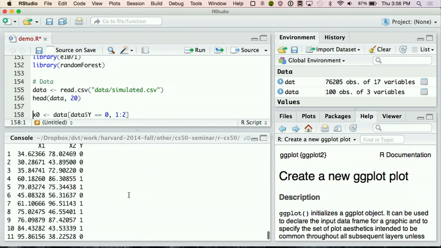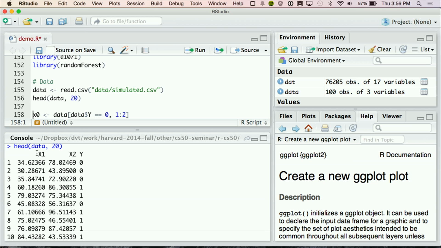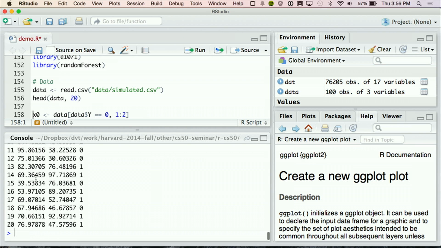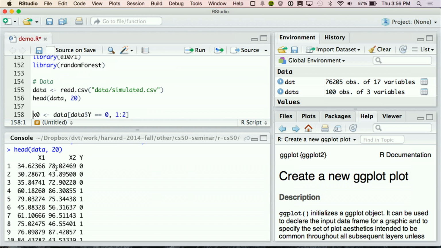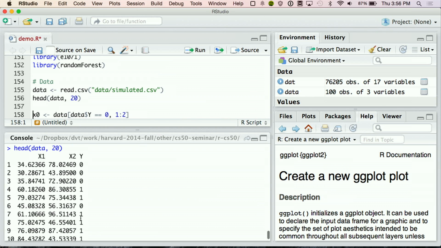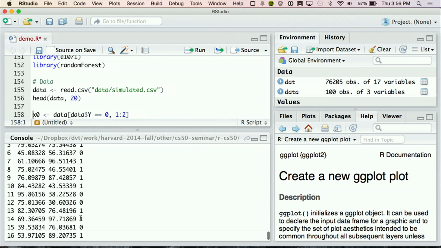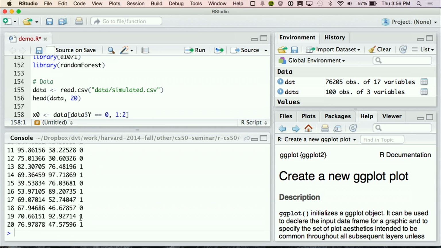So the first 20 observations. I just have x1, x2, and y. It seems like a bunch of these values range from maybe 20 to 80 or so, and similarly for x2, and then y seems to be labels 0 and 1. To verify this, I can just do summary